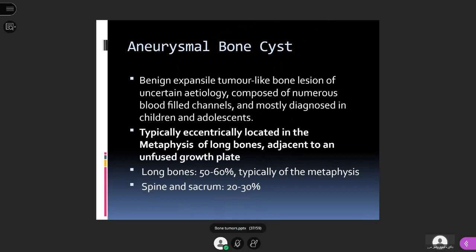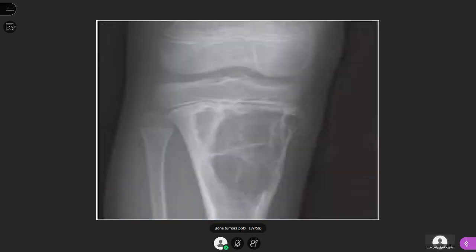Now, next comes the aneurysmal bone cyst. Aneurysmal bone cyst is more expansile as compared to the simple bone cyst. It's expanding the bone more than the simple bone cyst, and it is not having any pathological fracture. Also, the location is not central in the bone, rather eccentric. What is eccentric? Towards one end, not in the center. Metaphysis is most commonly affected and the age is the same. Age is up till 20 years.